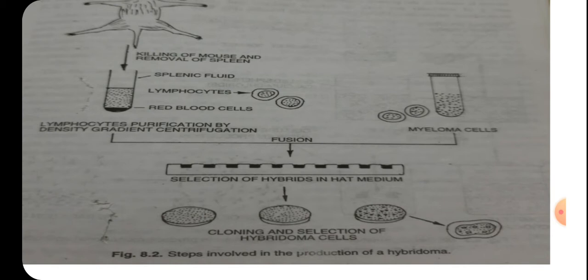Once the correct hybridoma has been selected and isolated, it can be stored, frozen and cultured whenever required. Since the hybridoma is a transformed cell line, it grows readily in culture, but the antibody titer is low, generally 5 to 10 micrograms per liter. This rate of monoclonal antibody production, which is very low considering the requirements, has been considerably enhanced using large scale production methods. So that's all about monoclonal antibodies.